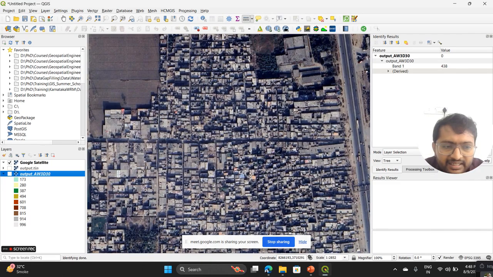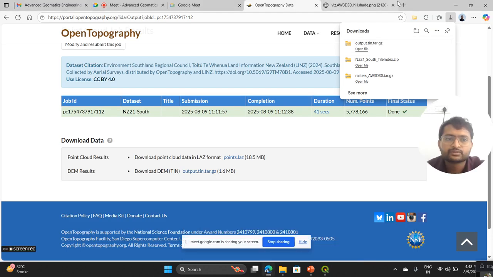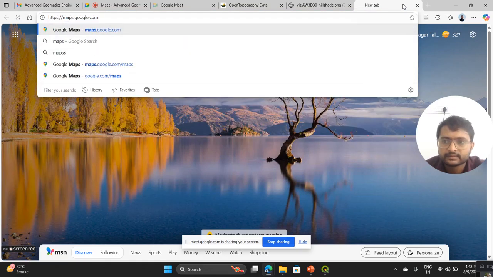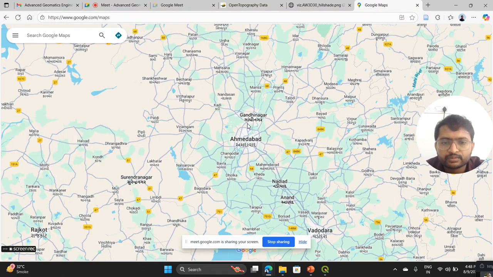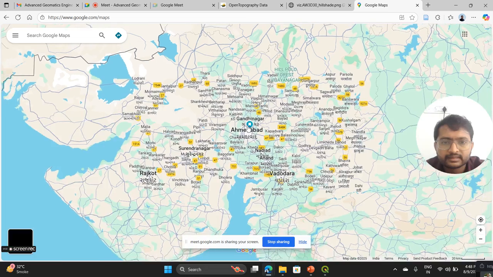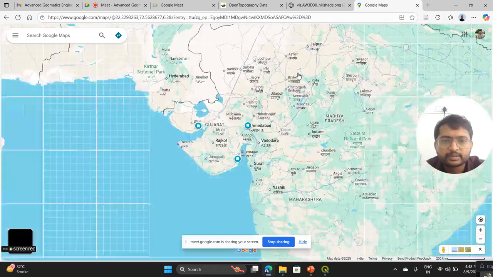A base map is nothing but what you have in your Google Maps. When you open Google Maps, there is just a plain view, which is a gray color map. And then if you go to satellite mode, then you have your satellite view on. So if you open this map, it will look like this. Your Google map,